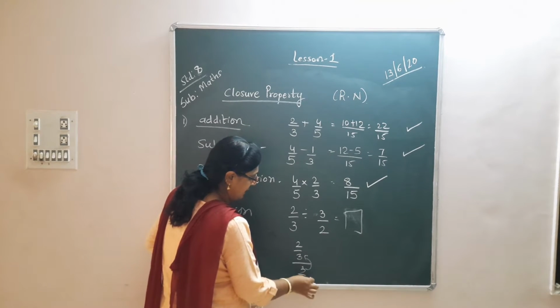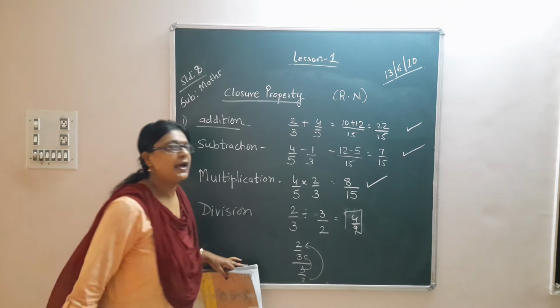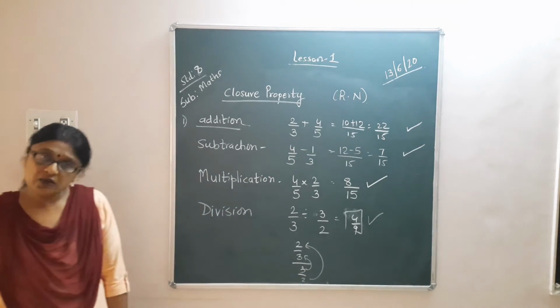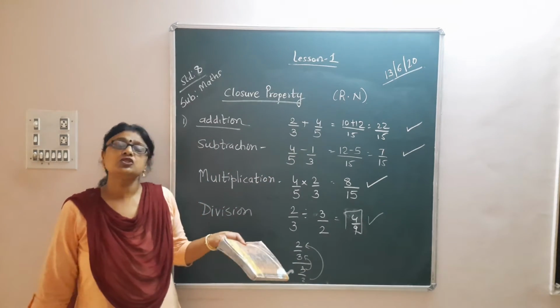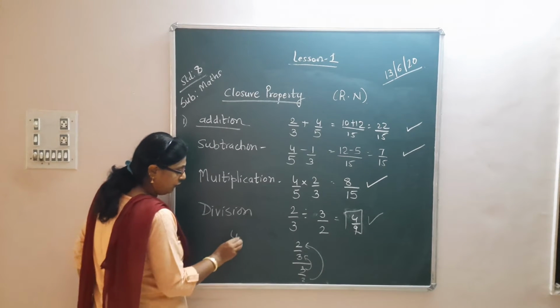So you get here and this goes here, you get the answer as 4 upon 9. So it is a rational number, but you will not always get the answer true for rational numbers because of 4 divided